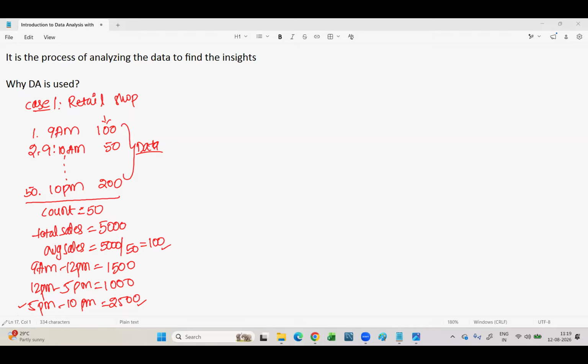What you got to know from this is, if I want to understand how my business is running, I need to store my data. If I perform some analysis, I will find results like these. Based on these results, I will understand how my business is going. That is the basic understanding you can find. Any type of company uses data analysis to see how the business is running. If you analyze that data, you can understand whether the business is going good or bad, where it is doing best, and where the bad things are going on, I mean, where there are fewer profits. This is the type of understanding about your business.